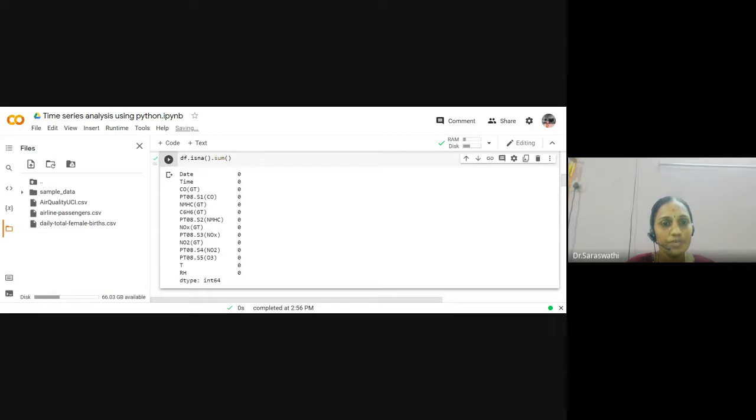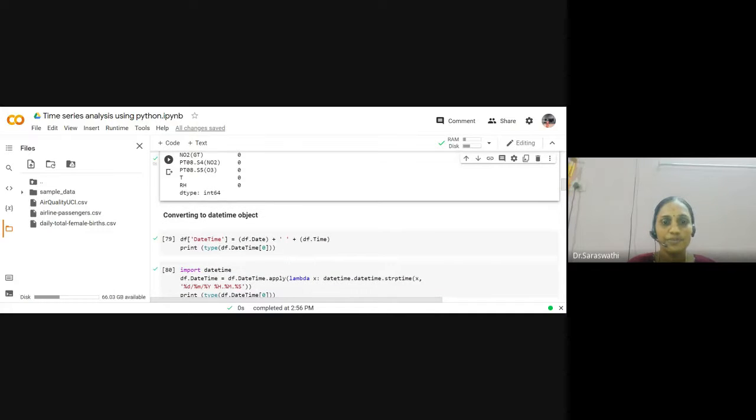So now you see all your parameter values are 0. There is no NaN, not a number, available in this particular data. You can observe that from this. Yes. So the next step is,